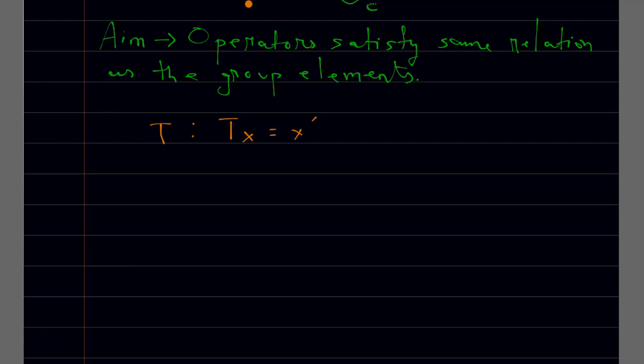So if you are in one dimension, say this is point X, and when you operate T on this point X, you go to a new point which is X prime. We are doing everything in 1D. Now when you're going from one coordinate to another coordinate, I can define an operator OT which acts on the function space such that when OT acts on any function which is a function of X,